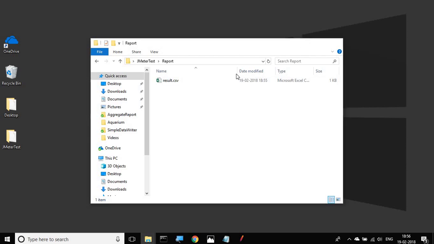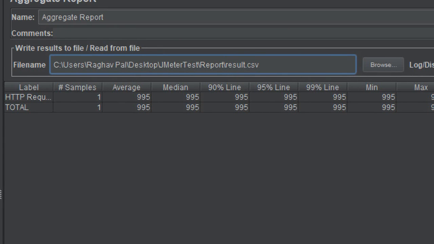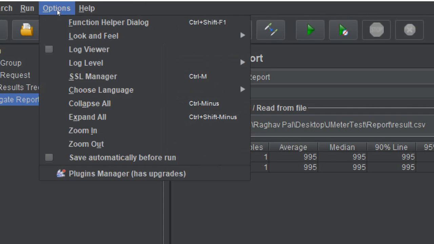But you want a new file to be created at every run, and you do not want to waste your time manually deleting or appending to the file. So in that case, one of the best options is to append a timestamp along with the name of the CSV file so that a unique file gets created every time, and it also gives us the timestamp of the file. For that, let us go to Options and go to Function Helper Dialog,